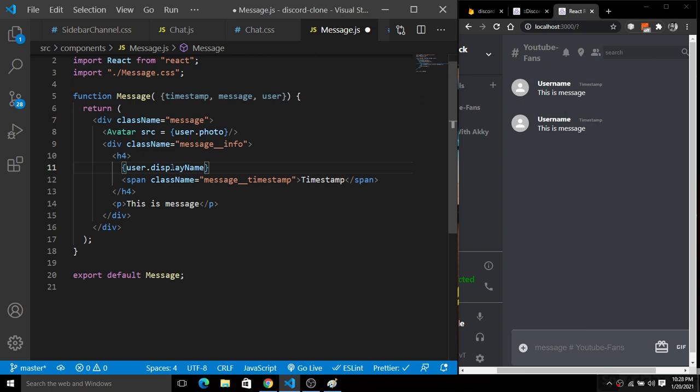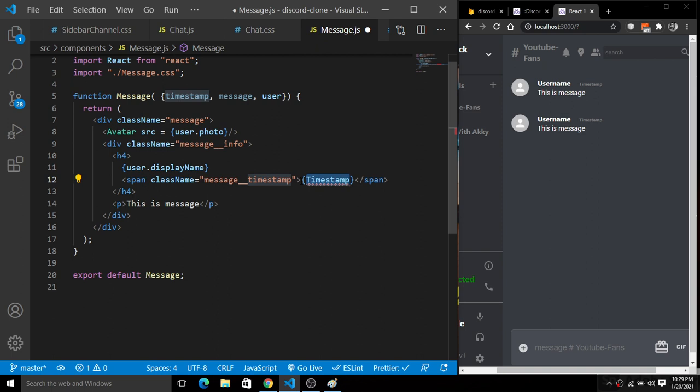And here for the timestamp, I will simply convert the timestamp into a local string, so that it is easy for you guys to read the timestamp easily. For this, I'm going to convert it to a local string.